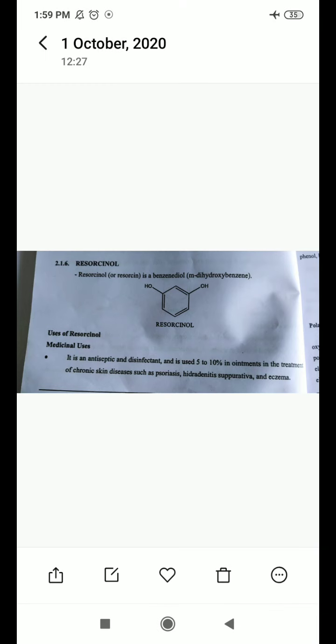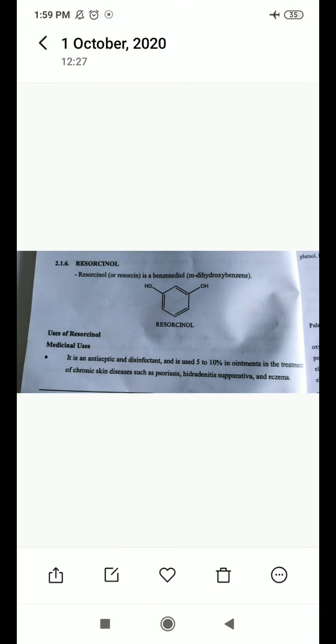Now we'll start with resorcinol. Just look at the screen, you will get to know what the structure of resorcinol looks like. Resorcinol is a benzene diol, that is m-dihydroxybenzene. Diol means 2 hydroxyl groups or 2 OH groups. So here, m-dihydroxybenzene, or benzene diol, is one benzene ring with